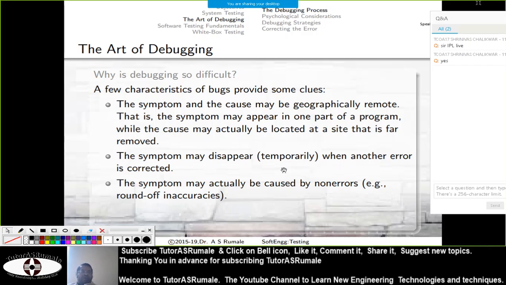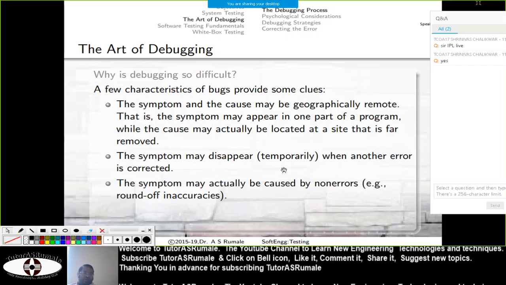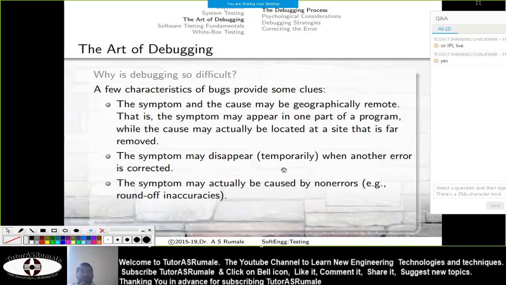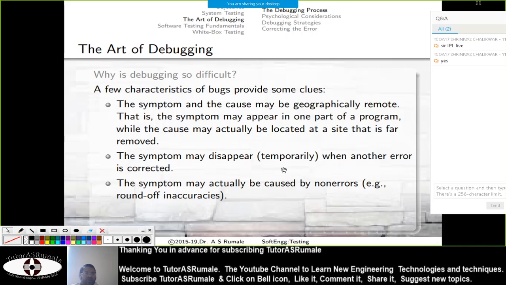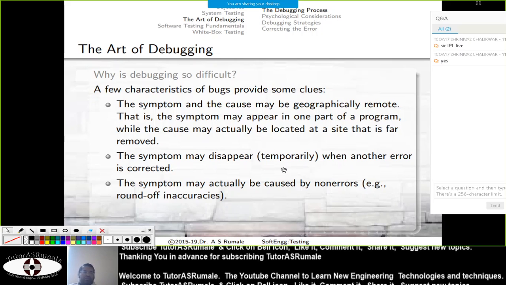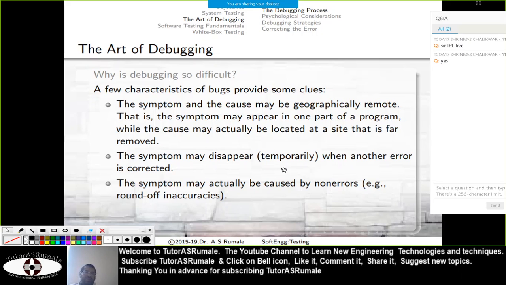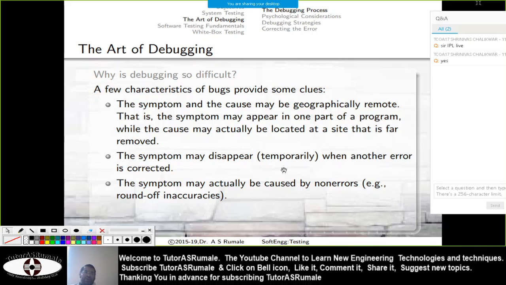The symptom may actually be caused by non-errors. Non-errors means, right now, in this session's example, what are the non-errors? Computer system requires some memory for execution. Cisco Webex requires some memory for execution. Other software require some memory for execution.